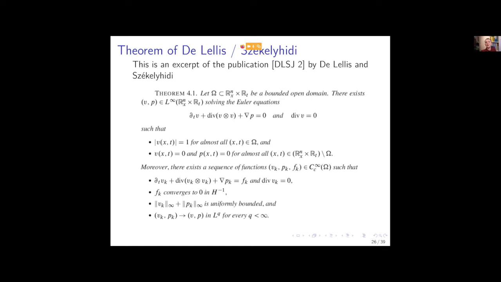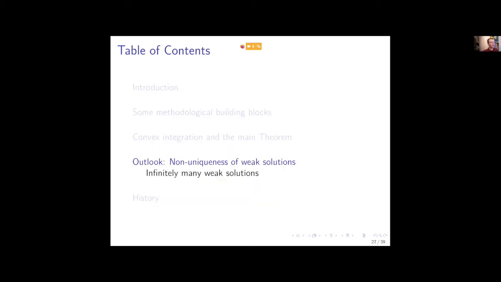It cannot be that you have no movement at all, and suddenly you have a lot of movement out of nowhere, right? There's no force, nothing. But for the weak solutions, you can actually have no movement at all, and suddenly there's a wave. So that's very interesting. And again, you can construct such solutions. Good. So that was the convex integration and the main theorem I wanted to show you.